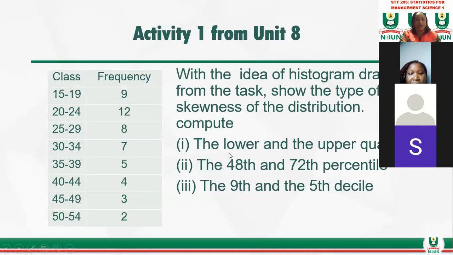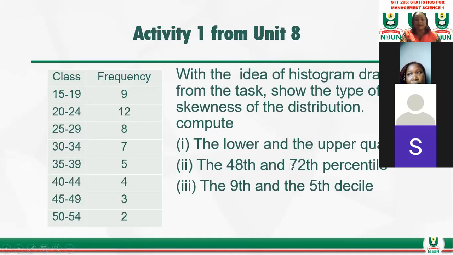So there is an activity that comes along after you have exhausted Unit 8 on your own. You are expected, with the idea of the histogram drawn from the task, to show the type of skewness of the distribution, okay? Whether the distribution is positive or negative, or whether the value is what? 0, showing that it is what? Symmetric. You're also expected from the table to compute the lower and the upper quartile,